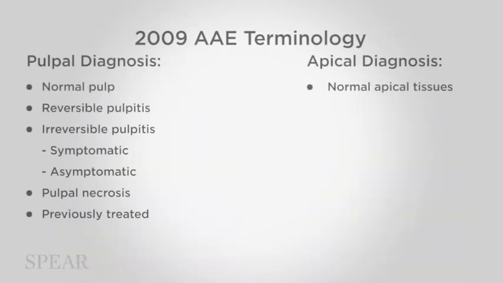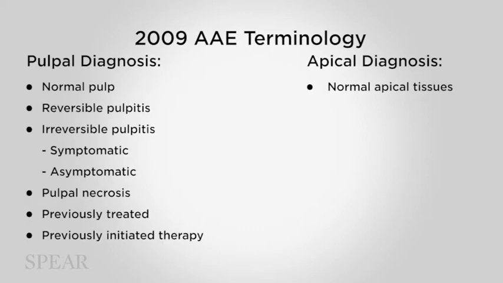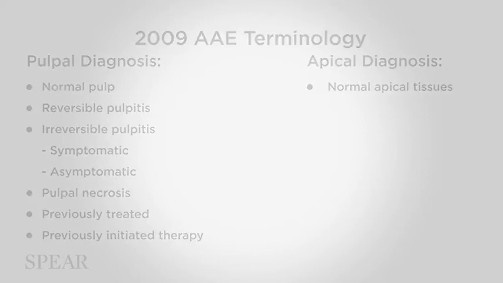And then there is, finally, for pulpal status, the terminology of previously initiated therapy, which is those cases that have been started previously during an emergency visit, but now require endodontic therapy. So that would be your previously initiated therapy. Now, on the apical diagnosis part, as we mentioned, we start from normal,